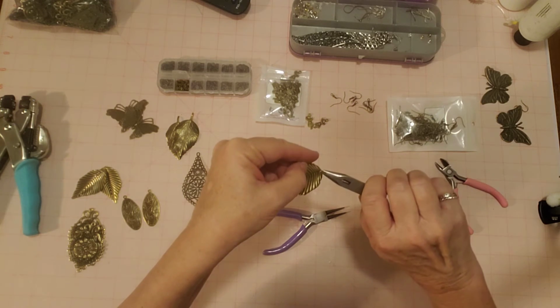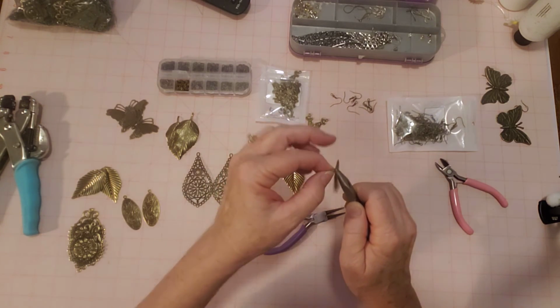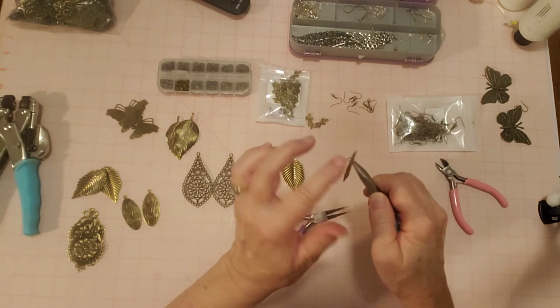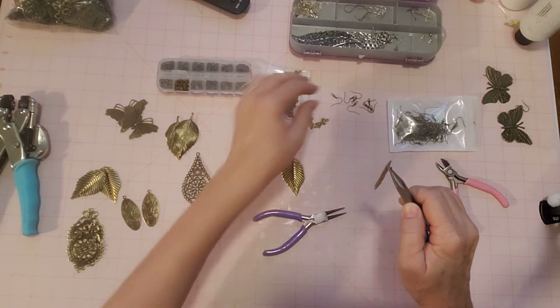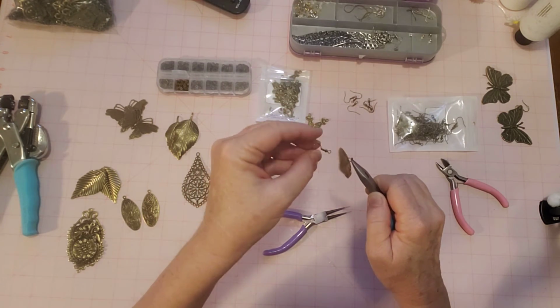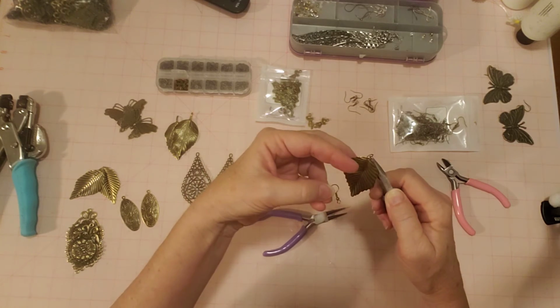Now you do have to make sure you open it up enough. Yes, I did. It went on. And then I can also go ahead. Sometimes you might need 2 jump rings. I don't think I will need 2 jump rings on this. And I just kind of look at it and make sure, kind of pretend like I'm putting it on my